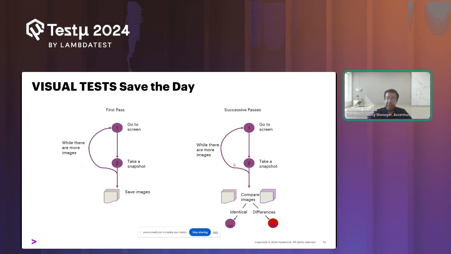If they are identical, we are happy. If there are differences, then the test failed, and we need to understand what the problem is. So it's a good idea. We said, okay, let's implement it and find a way to do this.